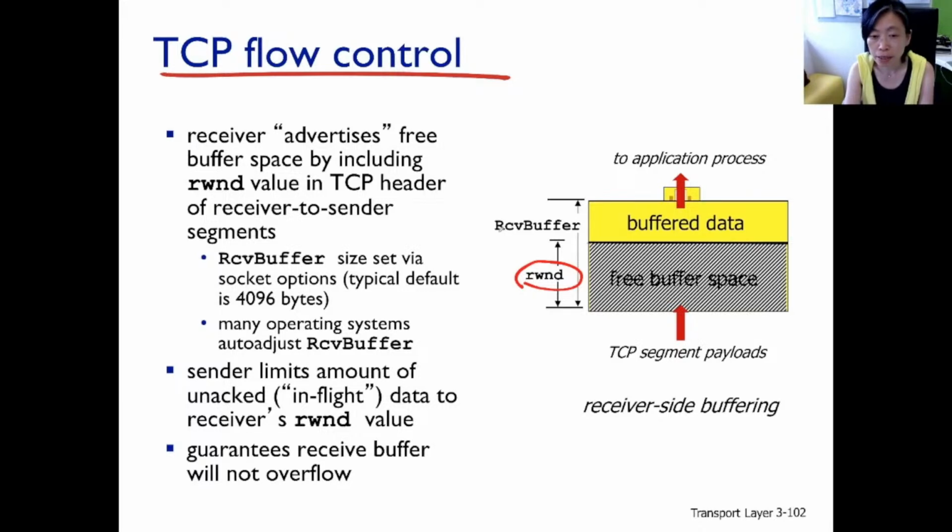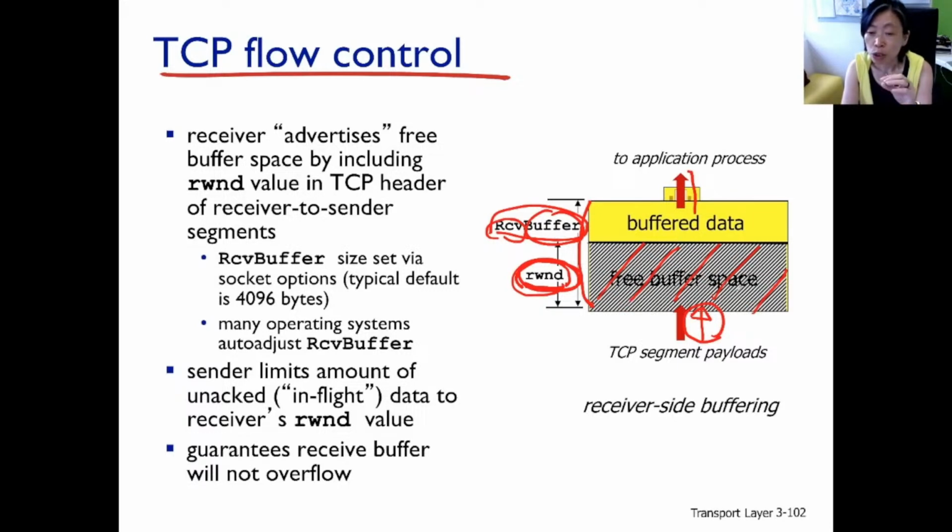In the operating system, there's this receive buffer. This is well defined, and it's actually the size of the receive buffer space. Now, initially, RWND is going to equal the receiver buffer. Whenever the TCP receiver sends data to the upper layer, RWND is going to be subtracted by the amount of bytes being passed up here. Whenever the application layer process is drawing data out of the buffer, RWND is going to be incremented by the number of bytes there. So RWND is essentially tracking the free buffer space.